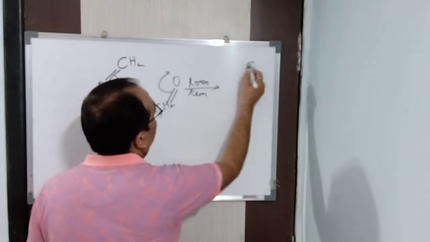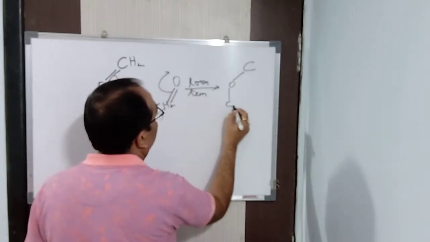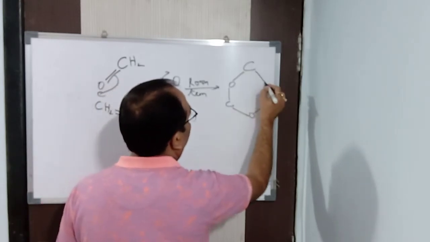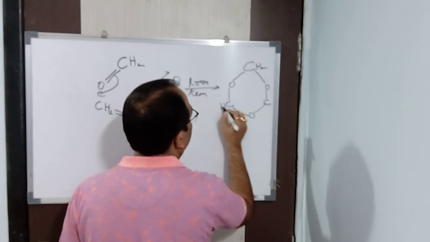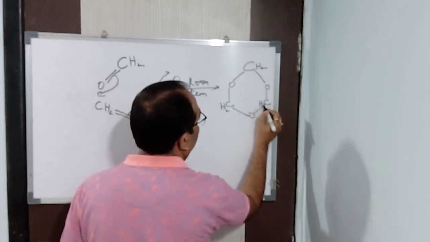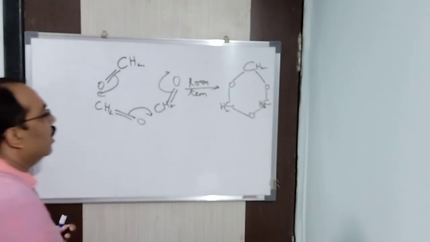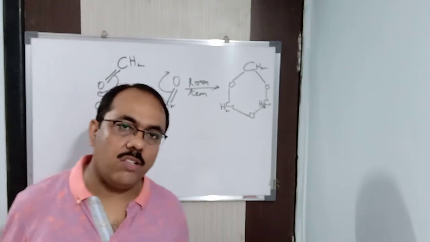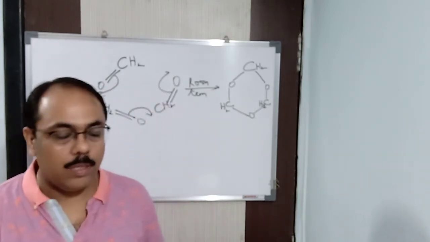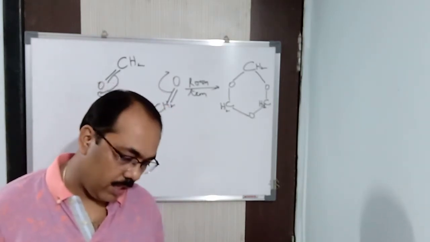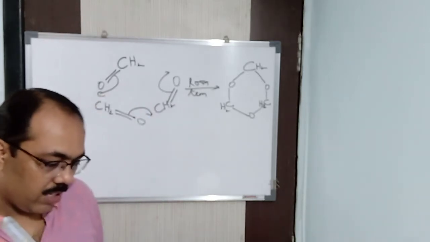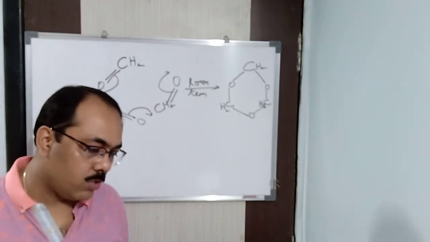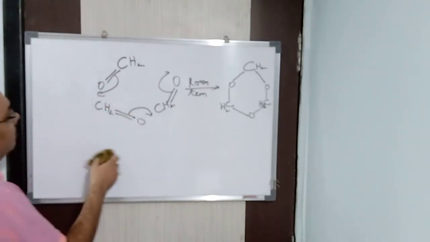So carbon and oxygen are alternately present: carbon, then oxygen, again carbon, again oxygen and again carbon. Each carbon is CH2. This is the product we get. It is called metaformaldehyde or trioxane. This is very simple. On heating, you get back the formaldehyde. This trioxane is a white solid, soluble in water, and it is an anhydrous form of formaldehyde used to regenerate formaldehyde. On heating, we get it back.